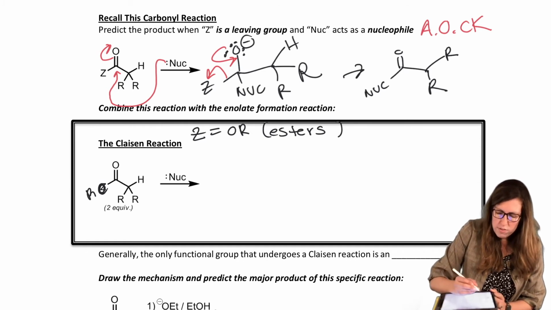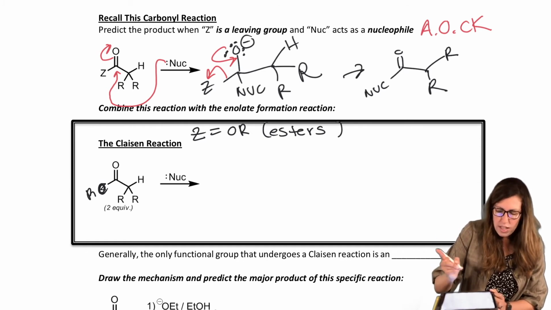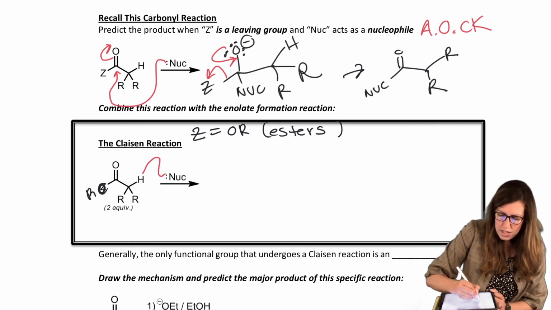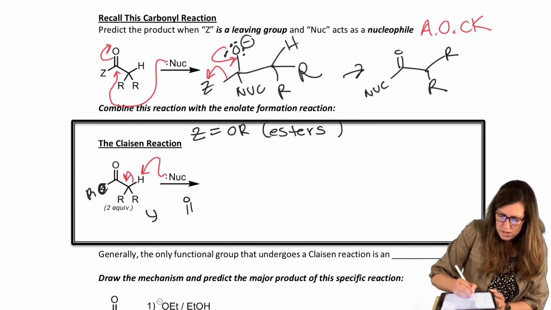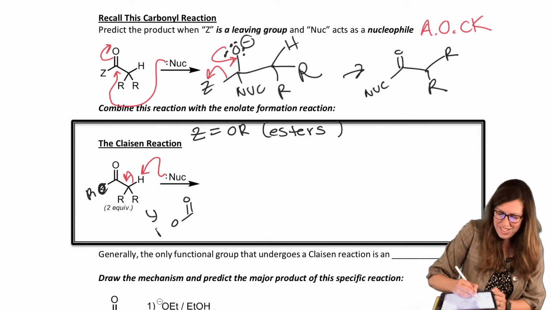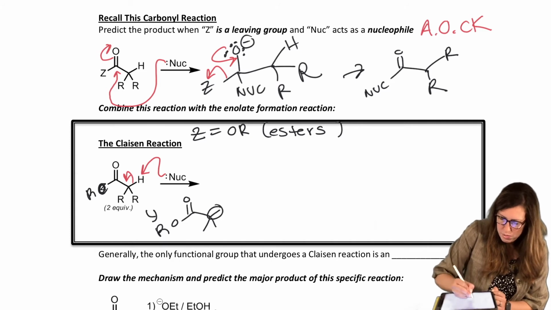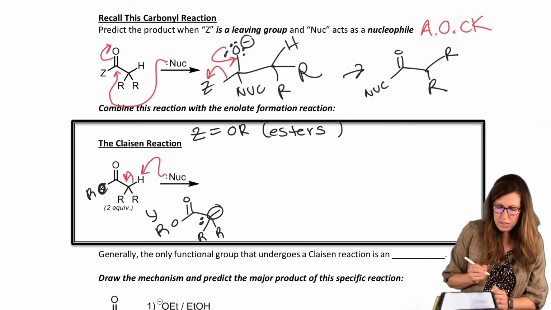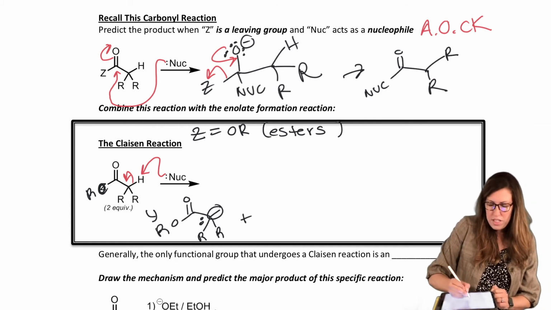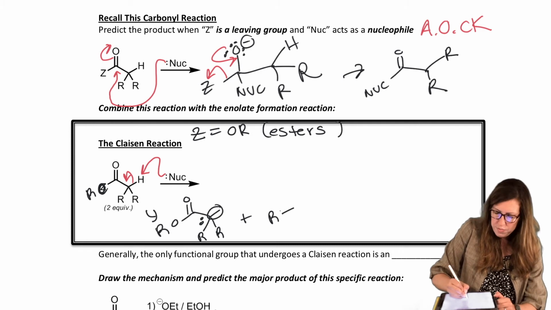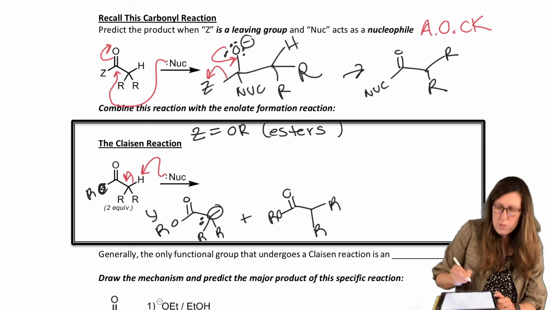Okay, so the nucleophile is going to do the same thing for the Claisen. We're going to take the alpha H. So just form your enolate like you're used to. Notice it says 2 equivalents, because we're going to do the self version first. Oops, I need to have minus there. So that alpha H is gone. Now we have our enolate. 2 equivalents means we're going to take another one of these esters and do a self reaction, a self attack, just like we did with aldol.